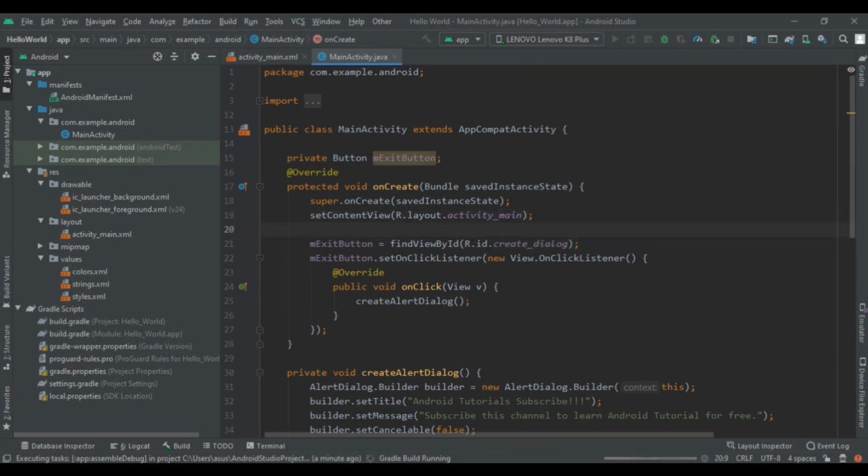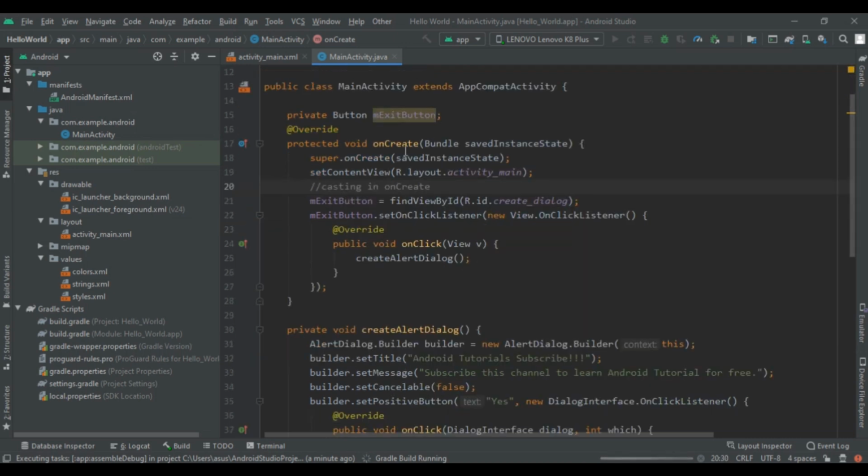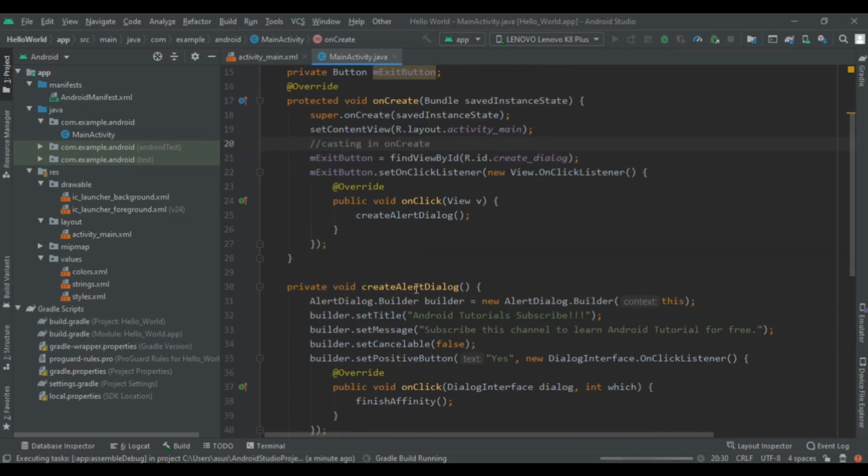So you can see that casting in the onCreate method. Okay, so here we have cast it and set an on click listener on it and created a new View.OnClickListener. Here we created a new custom method, that is createAlertDialog.